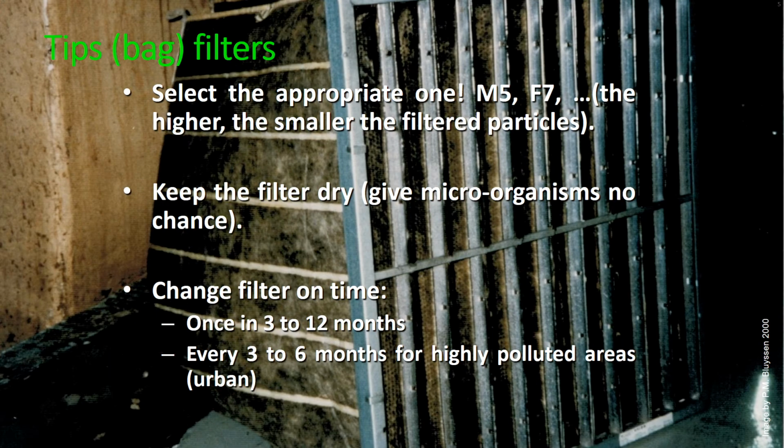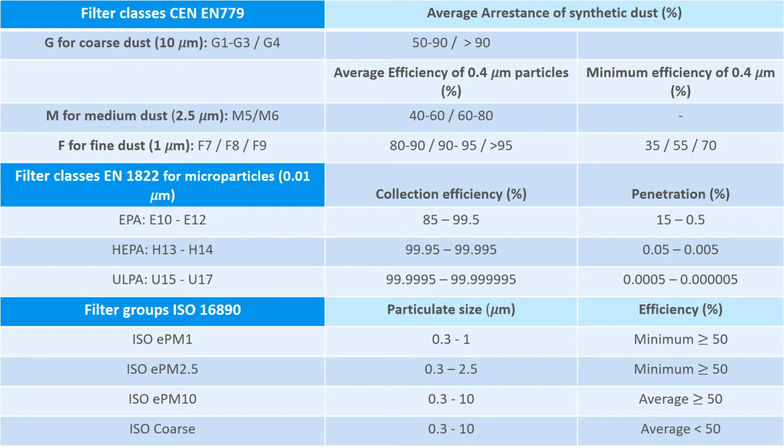To prevent these pollution effects, the following tips for design and use can be recommended. Select a low-polluting new filter, for example a glass fiber filter instead of a cellulose filter, and select the appropriate filter class. You can select the appropriate filter system for filtering particles according to the different classification systems. In this scheme, you can find 3 of them. The particle filters normally used to filter fine dust are named F7, F8 or F9.